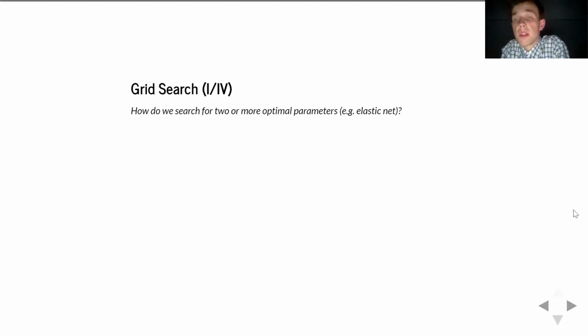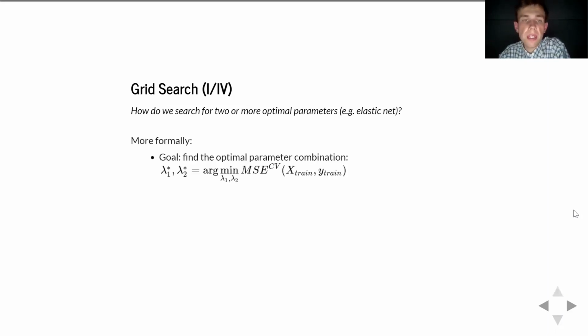As you might remember, we have worked quite a bit with both lasso and ridge regression, and a couple of times I've mentioned that ElasticNet is basically a combination of the two, where we are penalizing both the absolute value of our coefficients or weights, but we're also penalizing the squared value. So we basically have two penalty hyperparameters that we want to choose. Okay, so more formally, the goal is that we want to find the parameter combination such that we